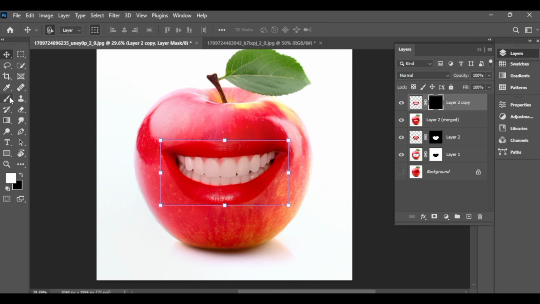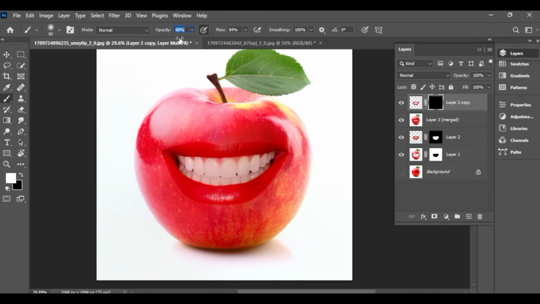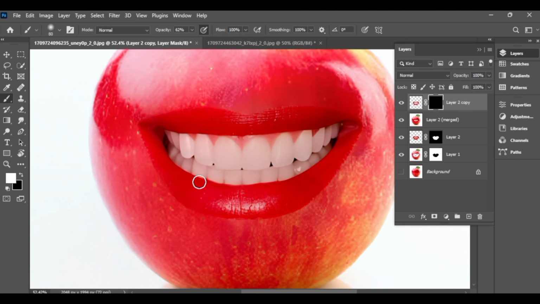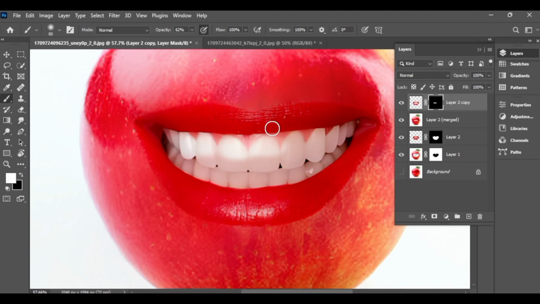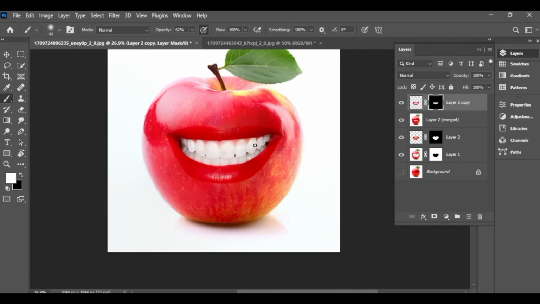Then we will go to the brush tool. Next, hardness 0%, opacity 62%, and flow 100%. Now brush it according to your image. When your brushing is complete, to remove the marks left on the four sides of the picture, create a layer